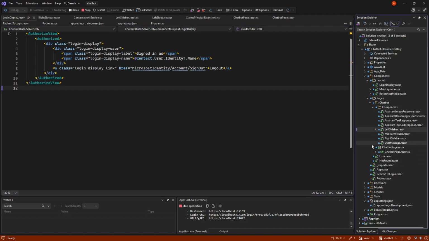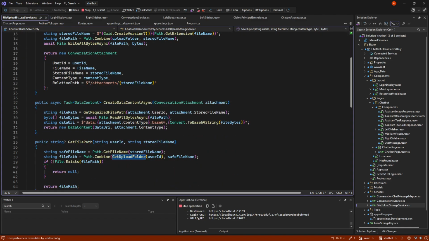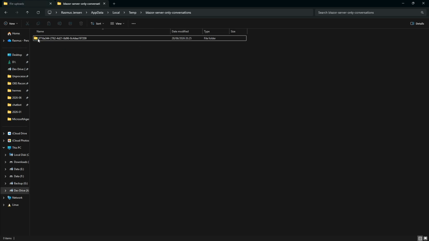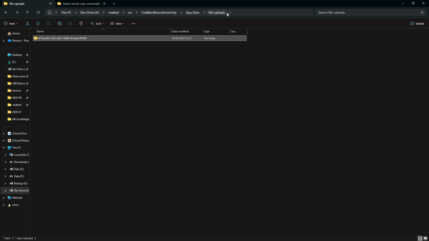The only other thing we really do is down in services, when we do the file upload, we also give in the user ID, and for the file uploads, we make a folder per user, in order to have that user's folders and files here, while the others are in a different place. So I'm only giving one of the two users things with files, so we only have one here.